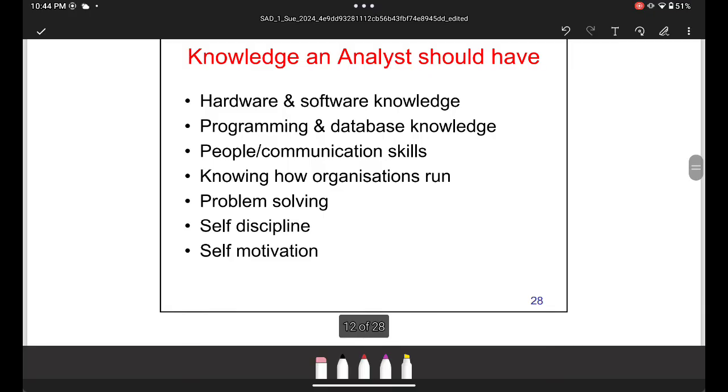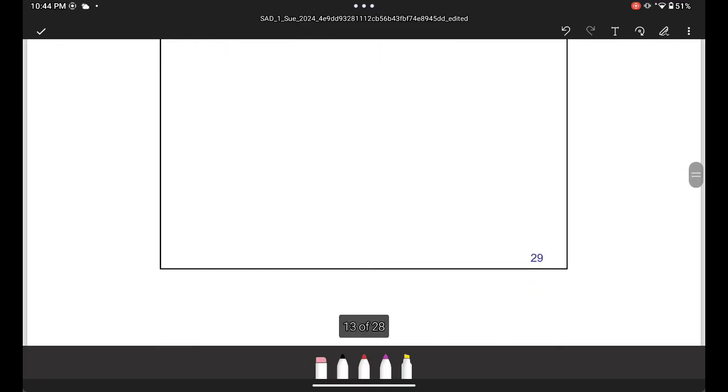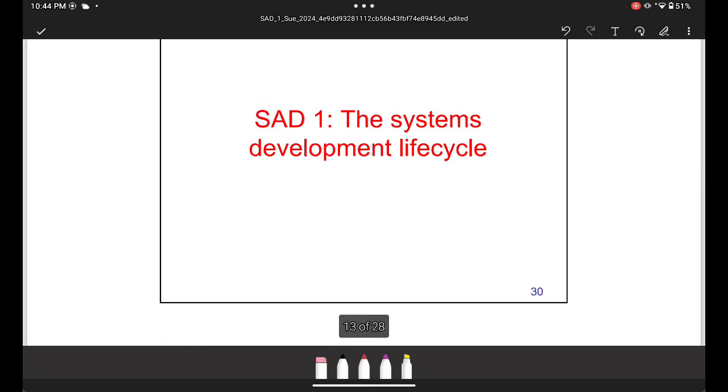So a system analyst should have all knowledge. You can't just be there in the business with no knowledge. You have to have knowledge of hardware, software, communication, and so on. The system development life cycle is extremely, extremely important. So from now on, write down, we're going to develop this